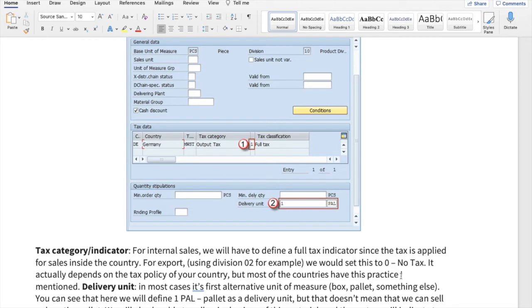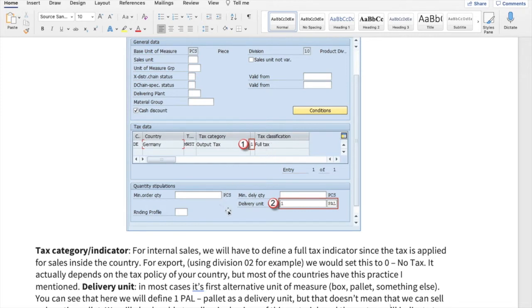So what exactly are we trying to tell here? Suppose you are selling the product inside the same country, you'll have to apply the taxation law applicable to that particular country. So you'll have to select full tax here.